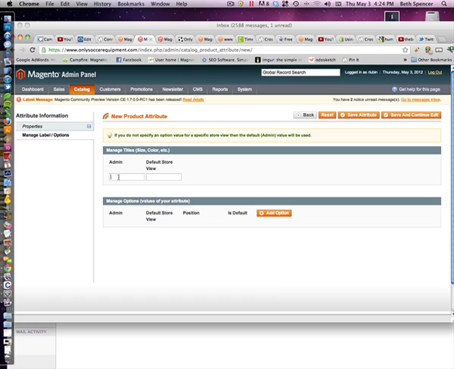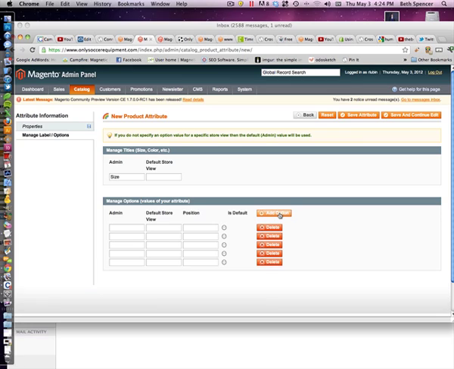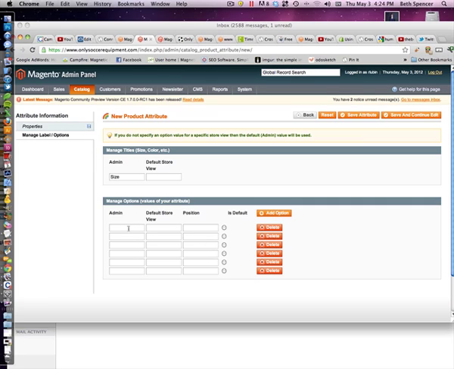This is where we'll input all the different sizes that we want to give our customers choices from. Okay, and this is going to be the title, so the title will just want size, and the sizes we have available are 5 through 10. So we'll go ahead and add 6 options, and here is where we'll input our sizes under Manage Options column